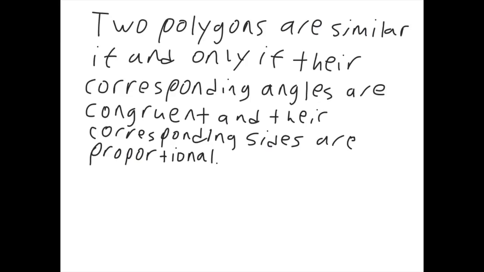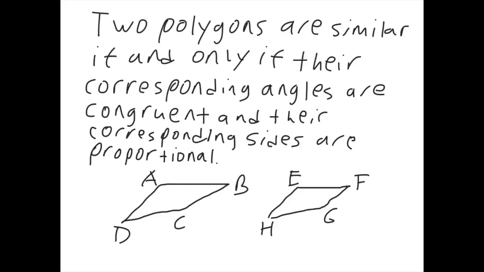First, we want to know, what are similar polygons? What makes two polygons similar? Two polygons are similar if and only if their corresponding angles are congruent and their corresponding sides are proportional. So what this means is two polygons are similar if and only if their corresponding angles are congruent. So that means, in this case, D has to be congruent to H, A congruent to E,